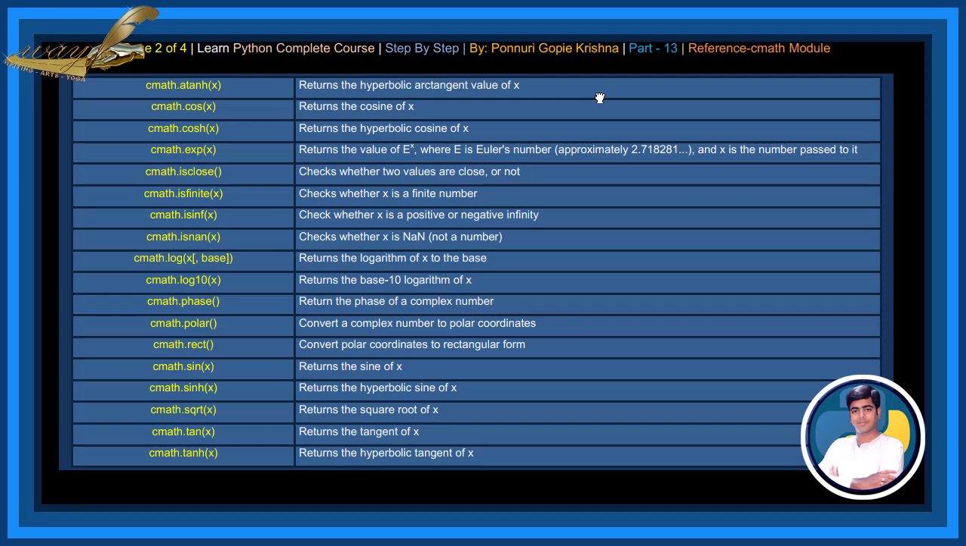cmath.log(x, base) method returns the logarithm of x to the given base. cmath.log10(x) method returns the base 10 logarithm of x. cmath.phase method returns the phase of complex numbers. cmath.polar method converts complex numbers to polar coordinates. cmath.rect method converts polar coordinates to